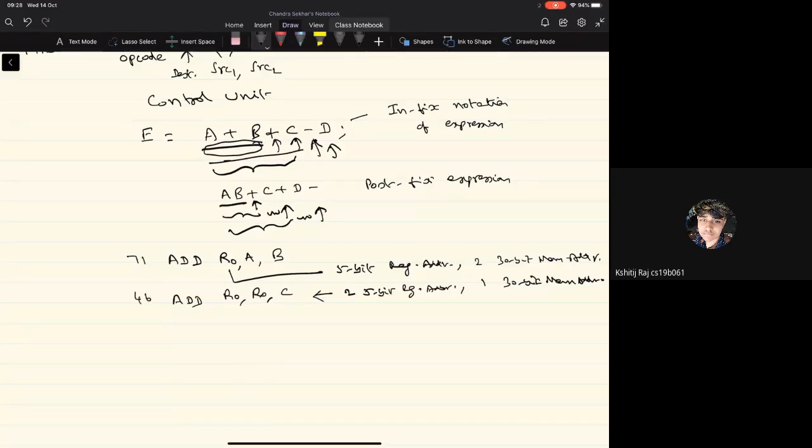So now you see that for the different add instructions, depending on the type of the operands on which the addition operation is carried out, the length of the instruction will be different. What do I mean by type of operands here? We're talking about whether they are memory operands or register operands. Actually, this leads to what is called varying length representation of the instructions.